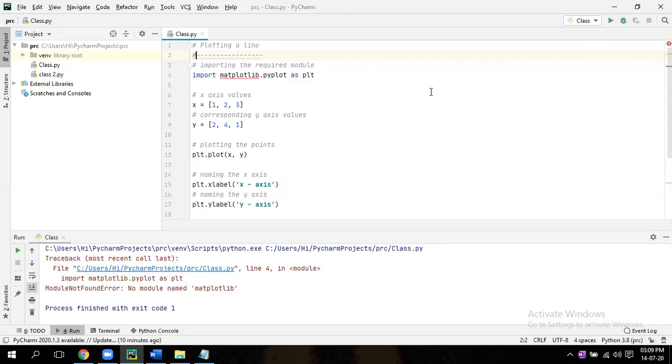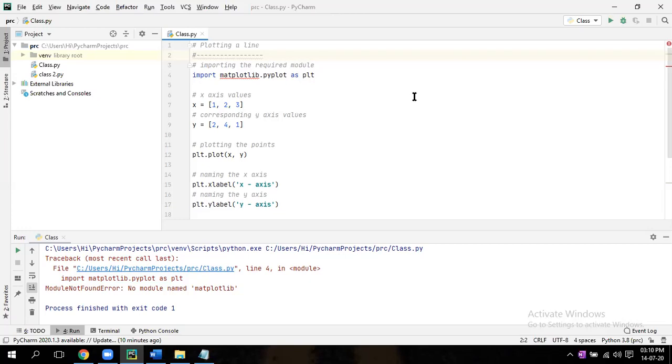So this is one more library. As I told you before, there are so many libraries for different operations. Some libraries or modules are inbuilt in core Python, but some libraries you need to install. Here it is showing no module found, so that means this module is not there. You have to install it. So how to install that?